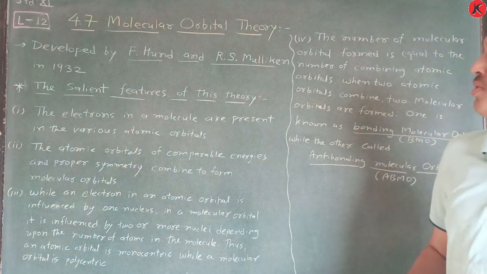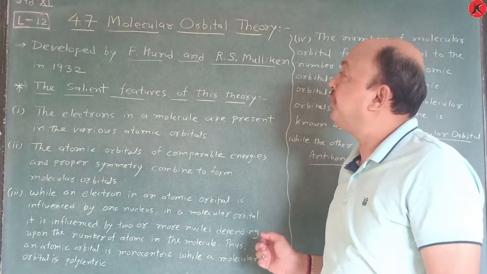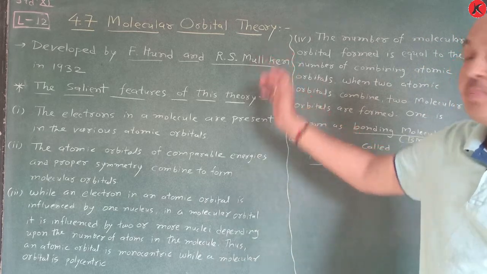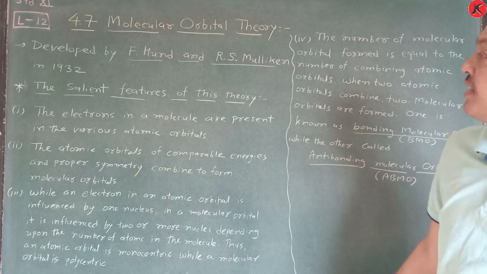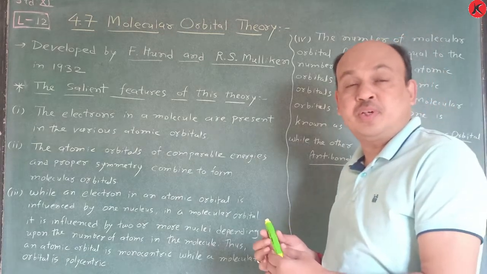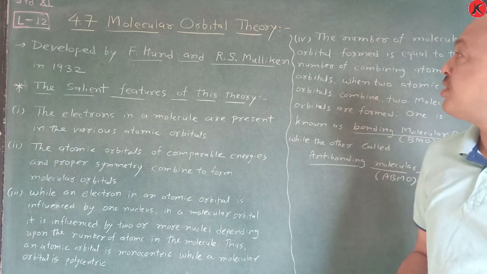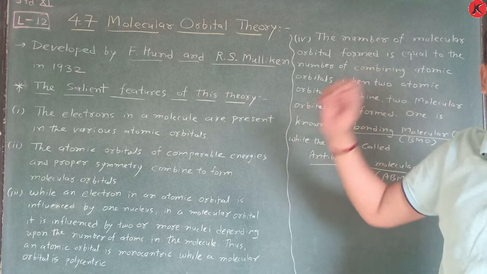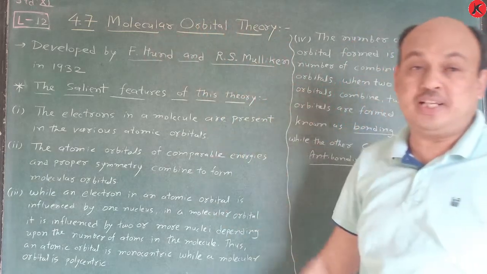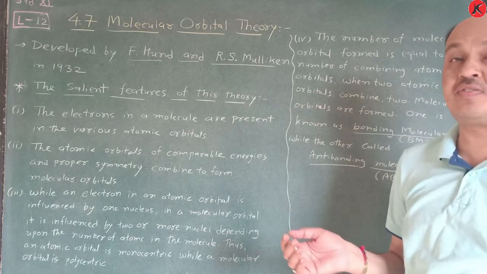Okay, and you also learn VSEPR principle or say VSEPR theory. Here 4.7 molecular orbital theory, which is not too much important, but according to classical mechanics, or say quantum mechanics, you already learn atomic orbitals, molecular orbitals. These terms maybe you are familiar with. This molecular orbital theory itself indicates that molecular orbitals are included. So what is the meaning of atomic orbital and what is the meaning of molecular orbital, we will know later on.